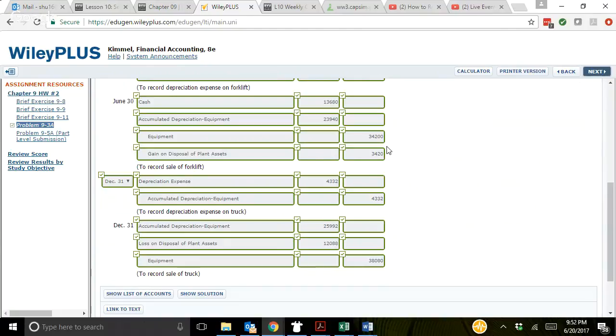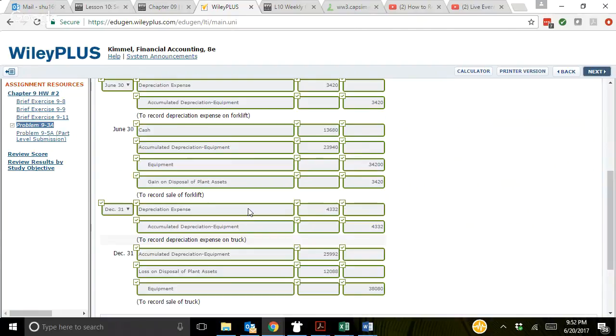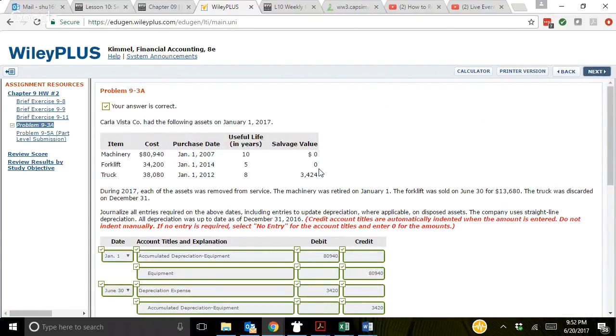Now the next one's a little different. We're going to do the truck. Now this one tripped me up for a minute, but I understand it now, so I actually can explain it. To record the depreciation expense on a truck, if there is a salvage value, we need to subtract the salvage value from the cost, the purchase price, before we figure out the straight line depreciation. So what we do is we take 38,080, we subtract 3,424, which gives us